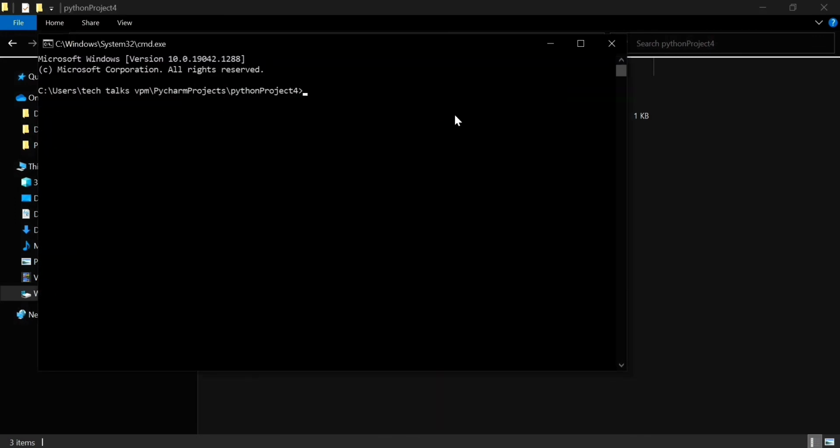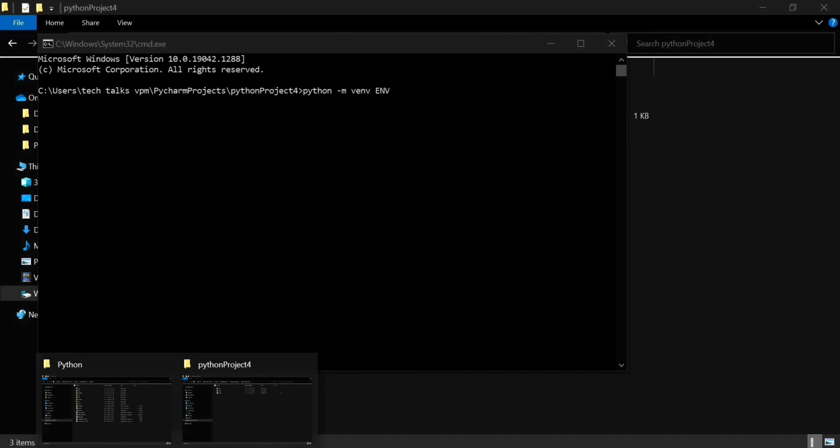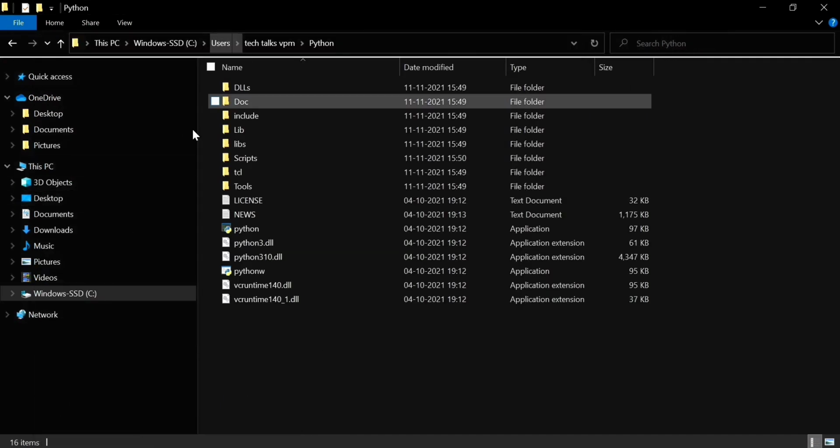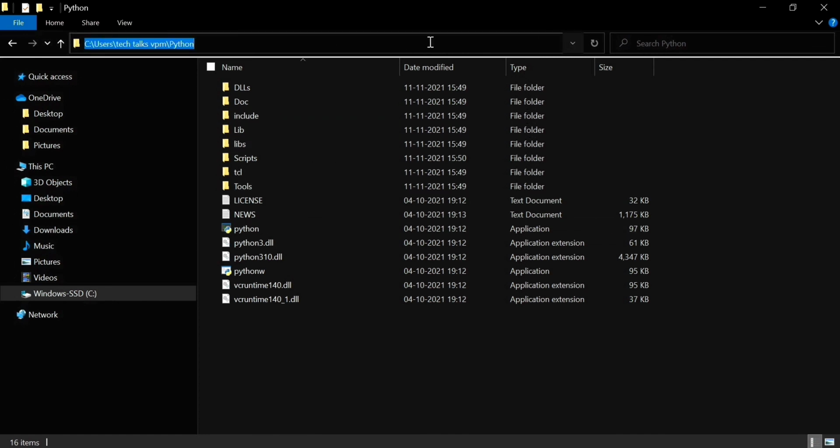So here, instead of simply typing python -m venv, you can give your path to the Python executable. If you need any other Python version, you can give that Python version, wherever it is located. For example, I have this Python in my user folder. Currently, I have only a single Python in my system.